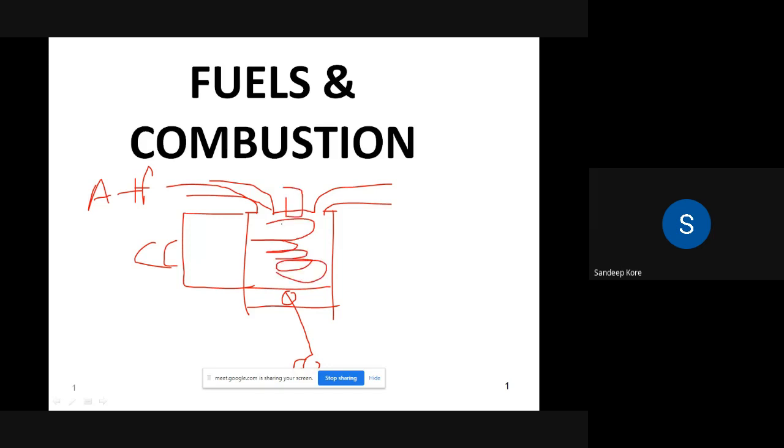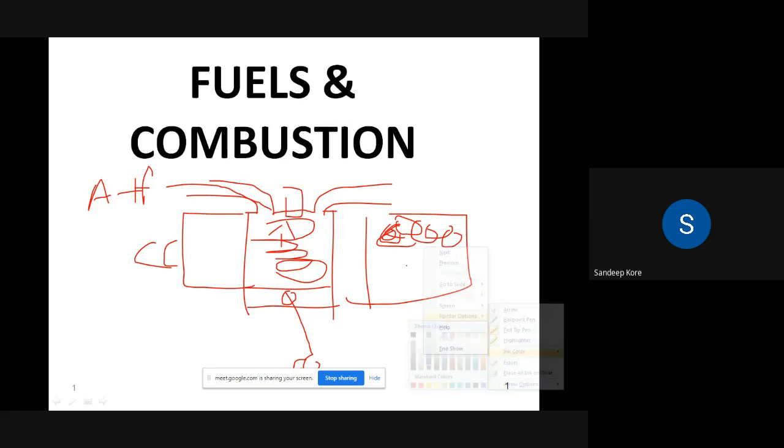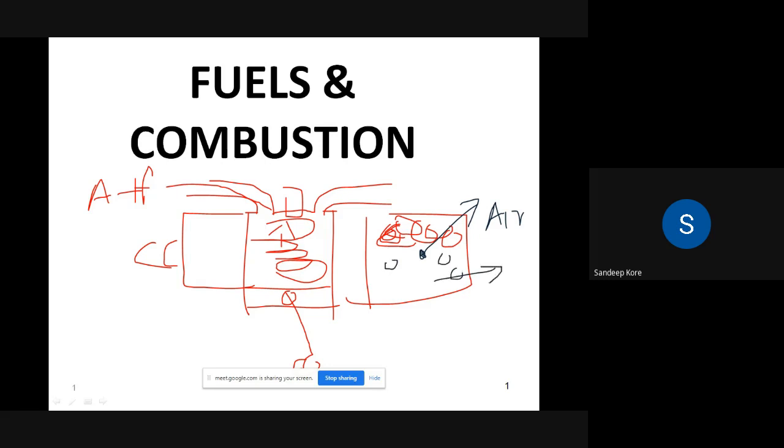When your spark plug adds the heat, the combustion starts from the top end. Here the fuel particles, the fuel molecules, are going to burn. Suppose we have a fuel molecule here, and if this fuel molecule is surrounded by the burnt-out gases, then it is not getting the air or oxygen, and it remains unburned in the combustion chamber. So the more fuel molecules remain unburned, the lower the economy of your engine and combustion chamber.